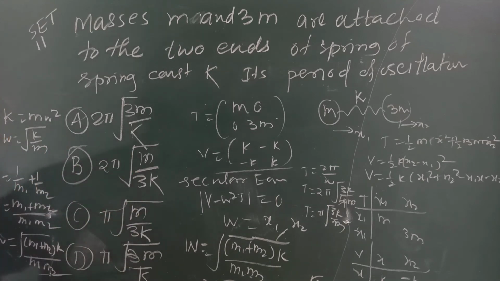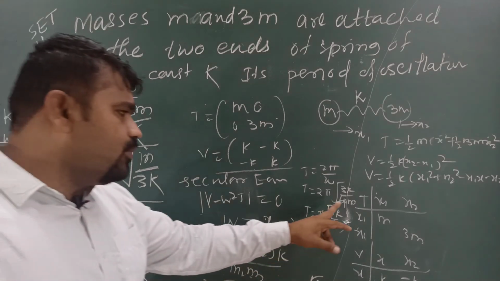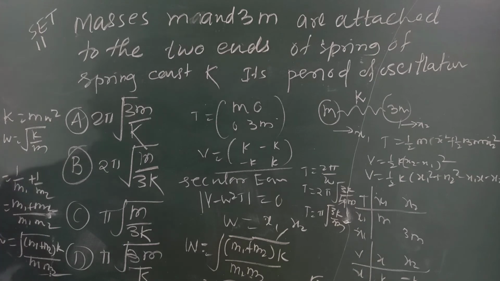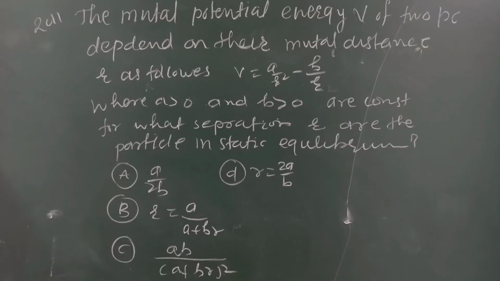Which of the following options is correct? And this is very important here. 4 we can take common, 4 becomes 2, 2 gets cancelled. Pi root 3k upon m. Means in this case, which option is correct? D option is correct for this case. Next,